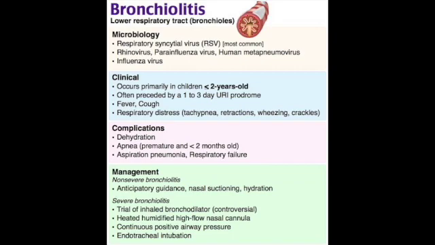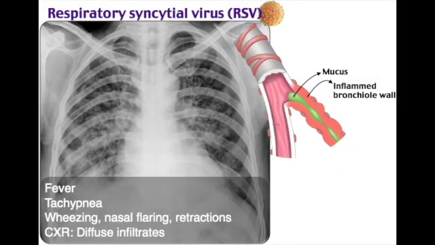Next, acute bronchiolitis. This is an infection and inflammation of the bronchioles. Etiology: RSV, respiratory syncytial virus, is the most common cause. Other viruses too, like rhino, adeno, influenza, parainfluenza. Risk factors are very young infants, so 2 months to 2 years are most commonly affected. Under 6 months of age, exposure to cigarettes, lack of breastfeeding, prematurity under 37 weeks of gestation, and crowded